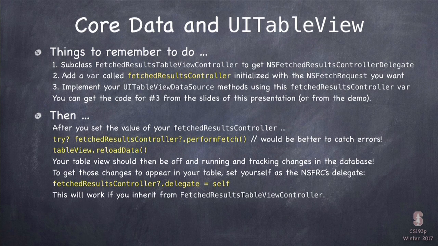And the only other thing you want to remember to do is set your fetchedResultsController's delegate to be yourself. And again, we use that FetchedResultsTableViewController code that added the delegate methods for the fetchedResultsController to our UITableViewController. And so we can do all the things that are necessary to be a fetchedResultsController delegate. And what that buys you is that anytime anything in the database changes that would affect the NSFetchRequest that you wired up to your fetchedResultsController, then it will use that delegate to ask the table view to update the rows or sections, whatever happened to change.